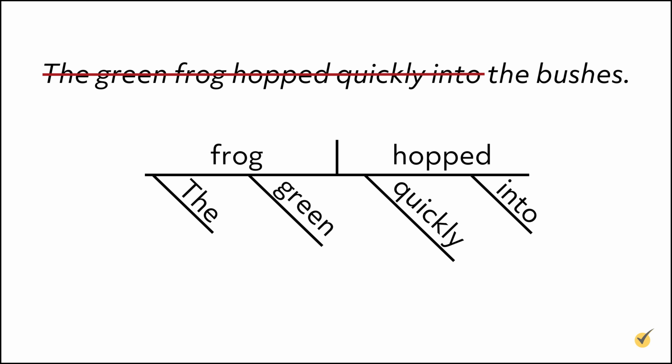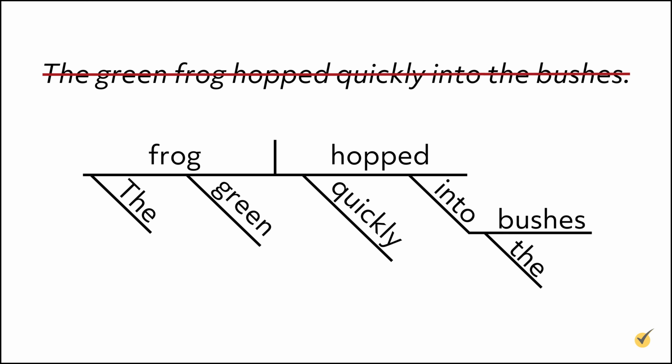The object of the preposition, or the word that answers into what, goes on a connecting horizontal line. The article the modifies bushes, so it goes on a diagonal line here. This sentence diagram is now complete. Before we tackle a more complex sentence, take a look at which words are on horizontal lines and which words